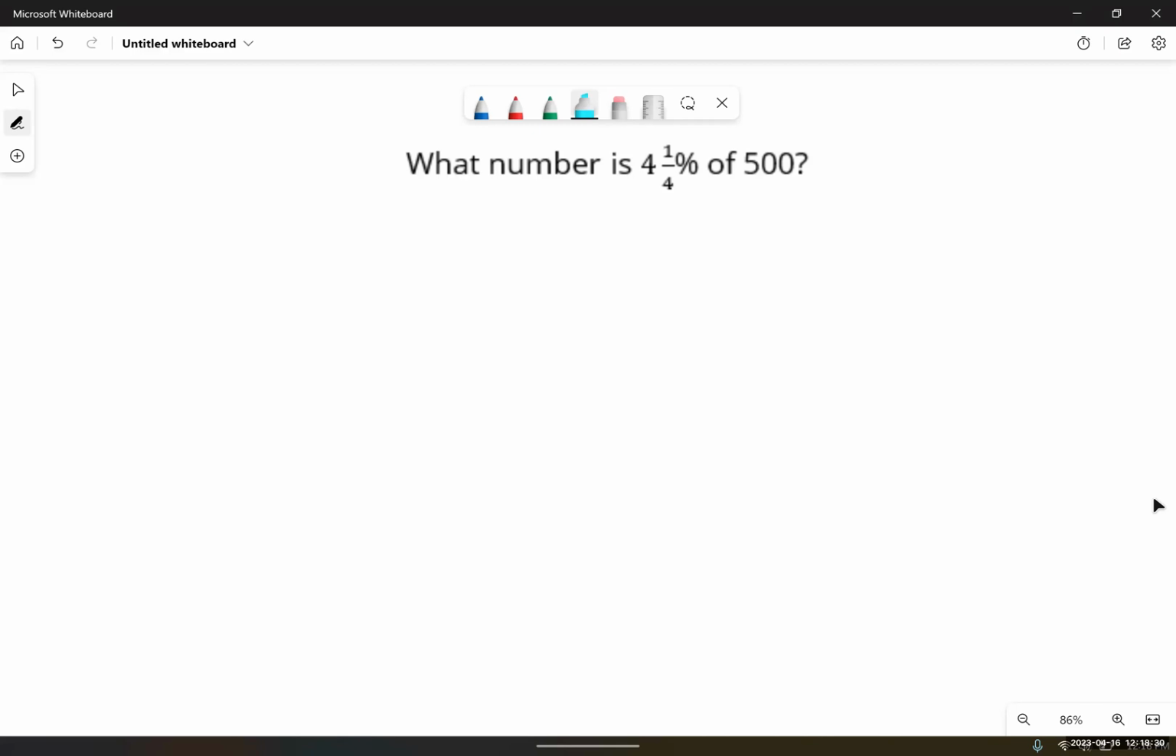All right, what number is 4 1/4% of 500? Well, the first thing that I'm going to do here is get rid of this mixed number. Converting between percentages and decimals is a little bit easier than dealing with fractions. So, off to the side, let's just say, well, since 1/4 is the same as 1 divided by 4, which would be 0.25, we could rewrite the problem as what number